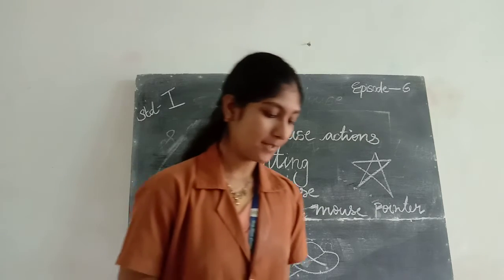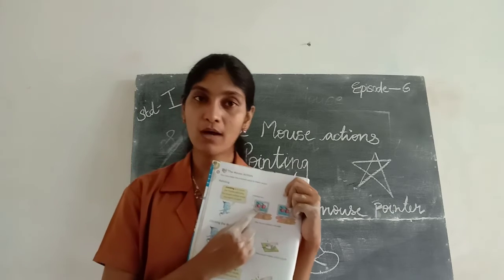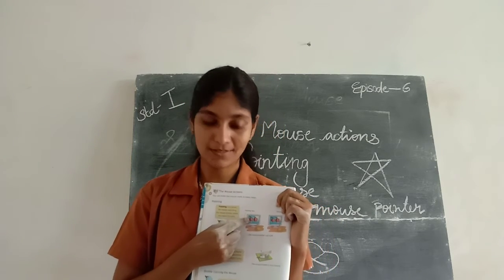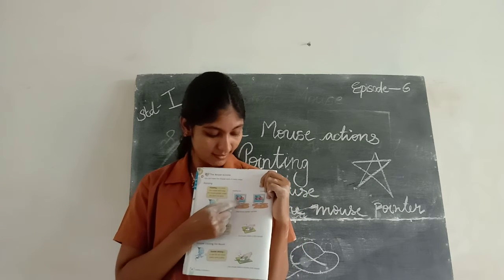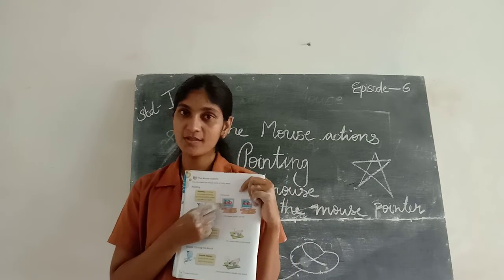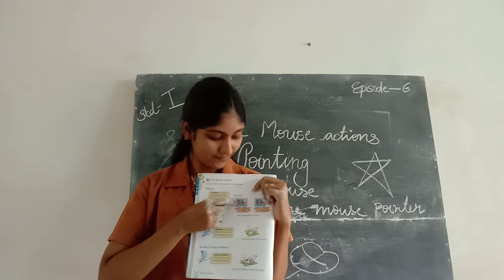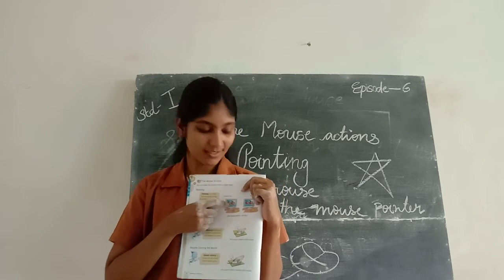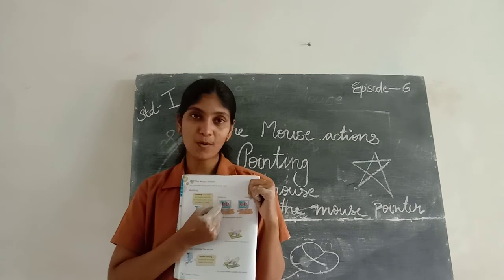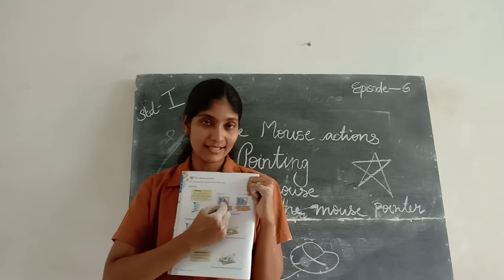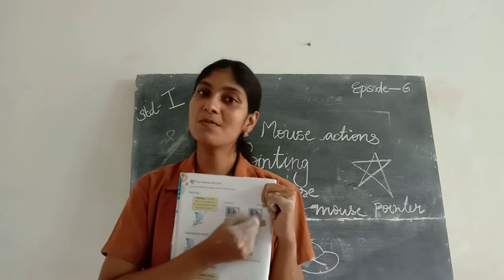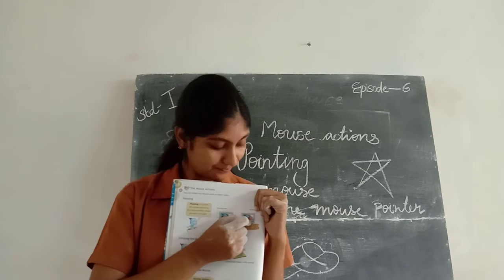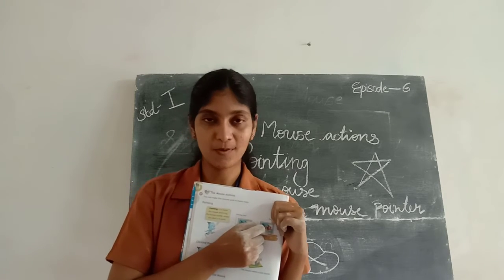So here look at the picture. There are two apples and here I want to point the first apple. So move the mouse and bring the mouse pointer to the first apple. So here look at this. Where is the mouse pointer? On the first apple, right? Then here I want to point next apple so that I can move the mouse and bring the mouse pointer to the second apple. So the second apple, it contains our mouse pointer.